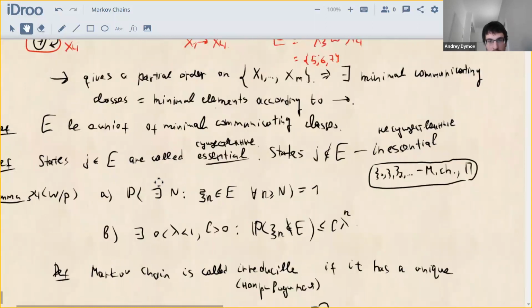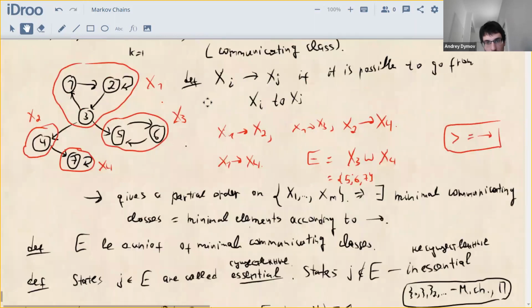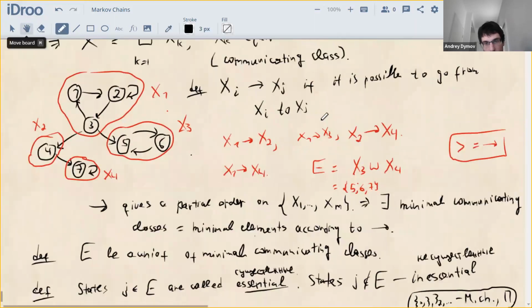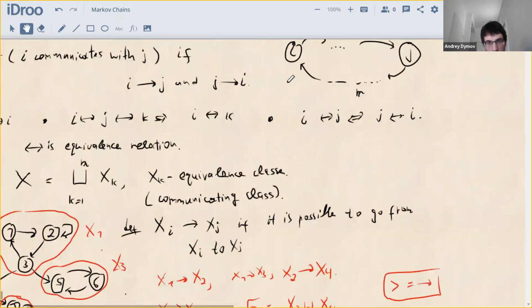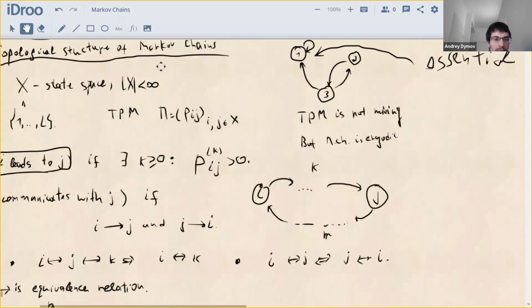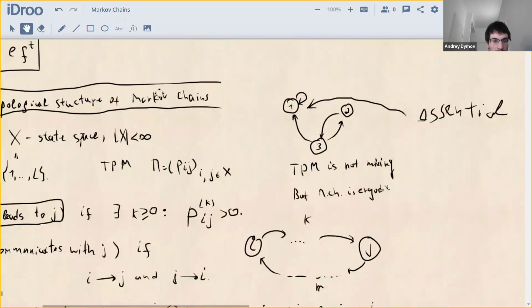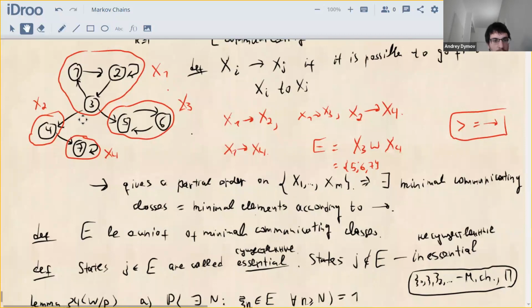And is this Markov chain, which is drawn here, irreducible or not? Clearly not, because it has 2 communicating classes. The first one is this one, and the second one is this one. So now I'm interested in irreducible Markov chains because of the following. Because my lemma 2034 states that